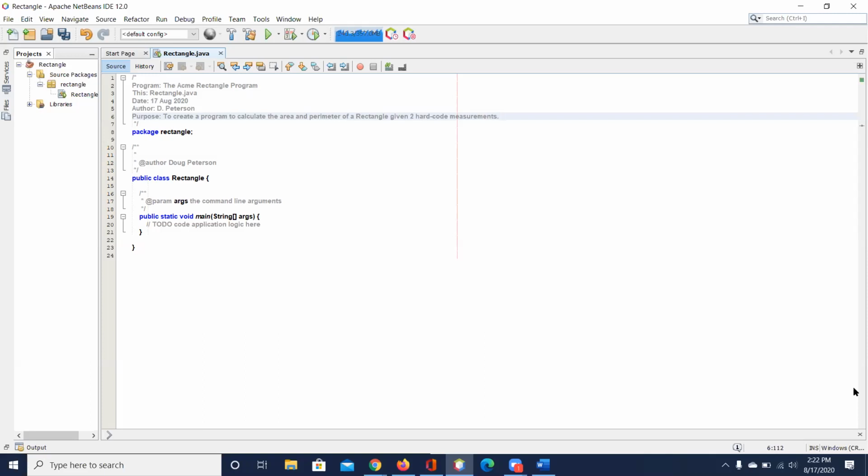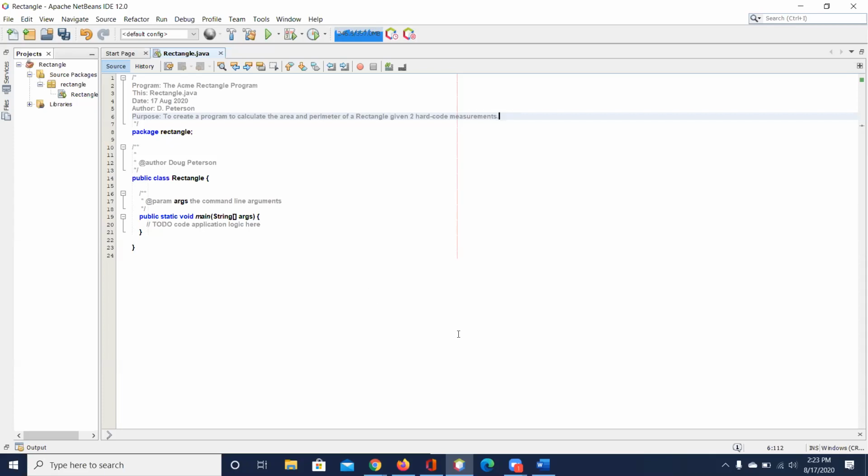Let me ask you this question. Hard coding means I'm going to type the values in the program. How much value is there to this program? Somebody guess. Like, what do you mean by value? Well, I'm going to type in specific numbers. So the only answer it'll ever print out is the same answer all the time. How valuable do you think this is to a user? Not very. Not very valuable.